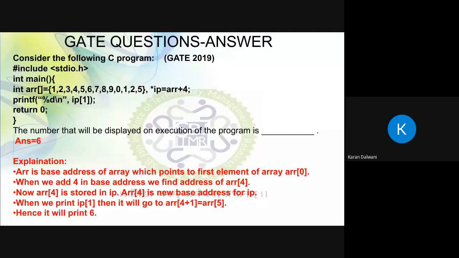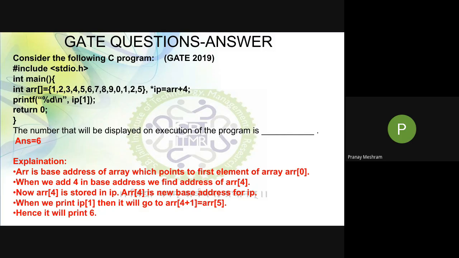सबसे पहले ये सोचो कि arr जो एरे नेम है, उसका बेस एड्रेस क्या होगा? उसका बेस एड्रेस होगा arr[0], एड्रेस ऑफ फर्स्ट एलिमेंट। ठीक है, तो आपने लिखा है ip = arr + 4। अब arr किसको इंडिकेट करता है? वो इंडिकेट करता है बेस एड्रेस ऑफ द एरे। एरे नेम इटसेल्फ इंडिकेट्स द बेस एड्रेस ऑफ द एरे, ये हमने पढ़ा हुआ है सबने। अब बेस एड्रेस क्या है? arr[0] का जो एड्रेस रहेगा वही बेस एड्रेस है। उसमें आपने 4 ऐड किया,